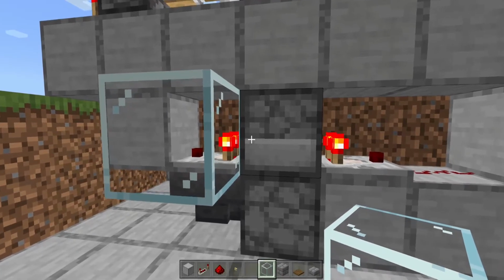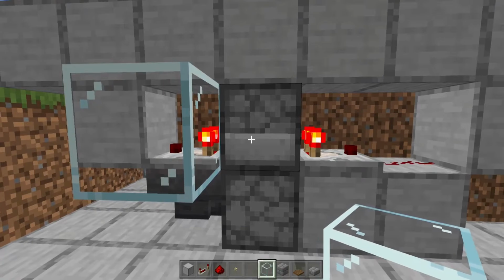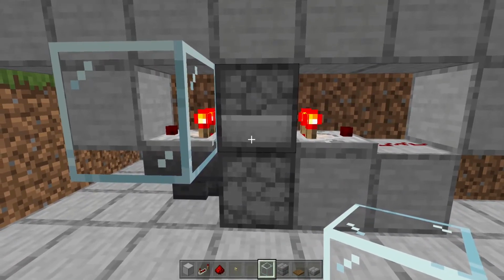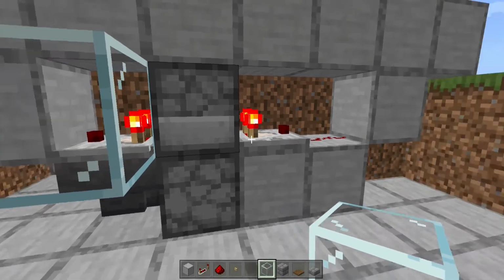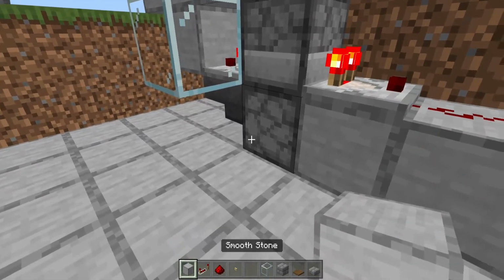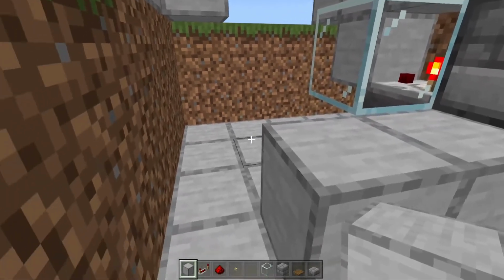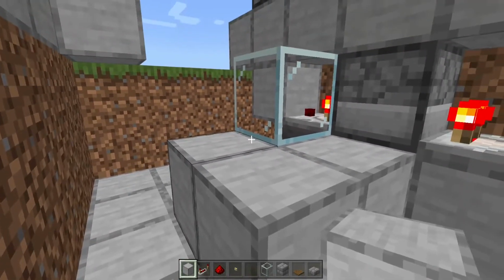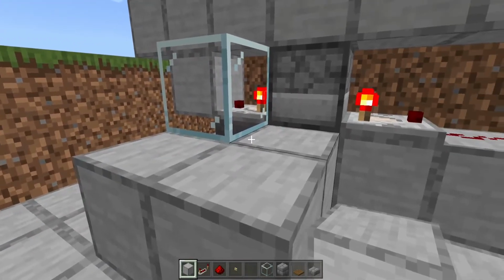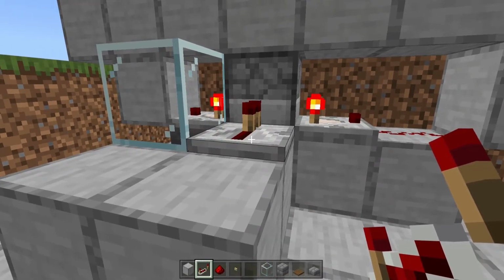Now, as far as setting up your actual opening switch, you can do this on either side. I will usually start out by doing this on the inside. So start out by placing two structure blocks coming off of your bottom dropper, and then place one more on the side of that. Then you want to run a repeater into your top dropper,